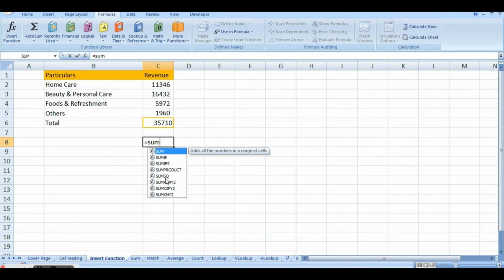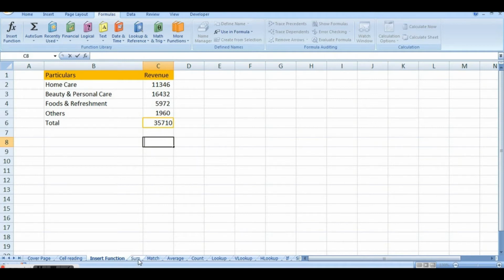All the functions related to sum will appear in the drop down. I simply have to select the appropriate one and work as per the instructions given. The best thing about Excel is, while using the formulas, it gives you the instructions. You just have to be used to understanding the Excel language. So this is how a formula is inserted.